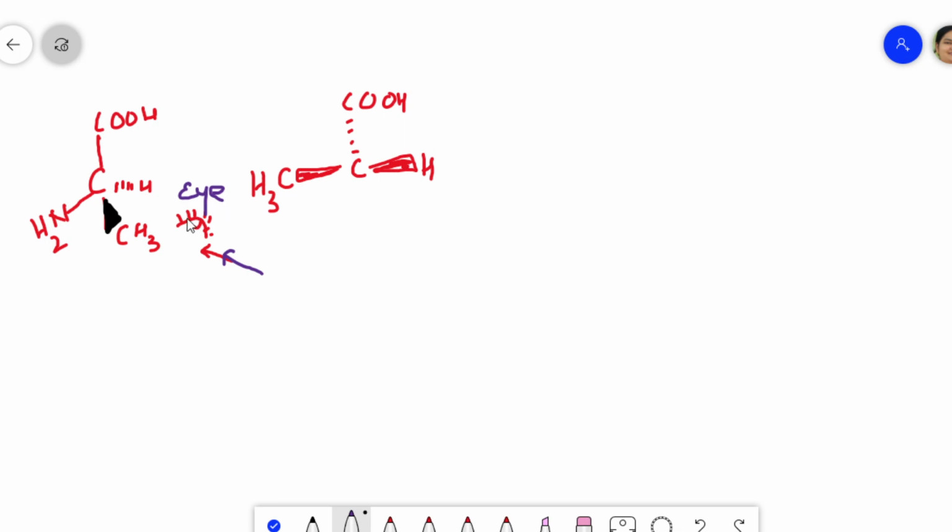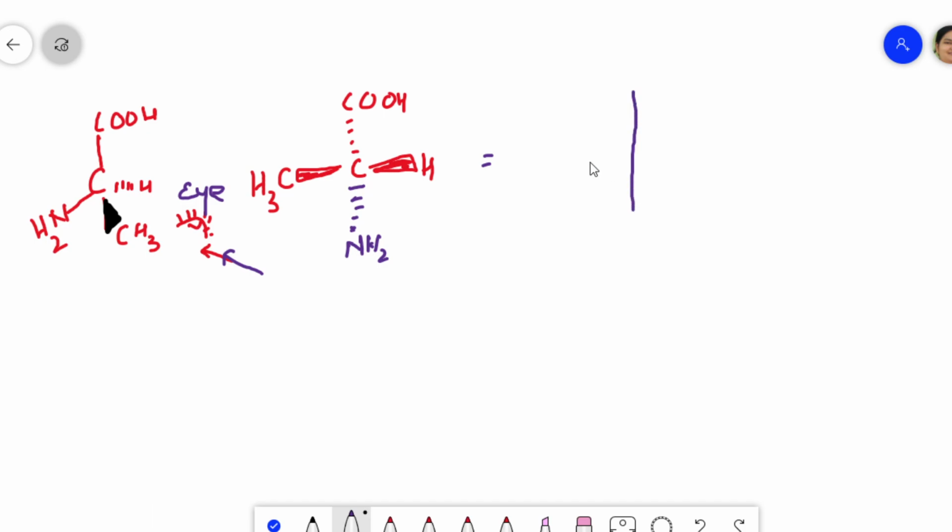If you are looking from that direction, this falls on the left hand side and this falls on the right hand side. CH3 on the left, hydrogen on the right, and the groups that are present on the plane will be coming on the plane. This is on the plane, NH2. I have used a different color, but it's okay.